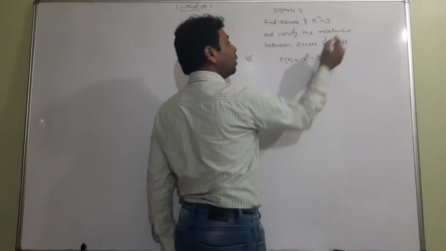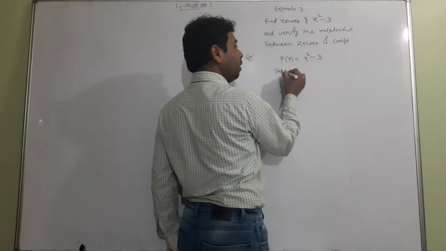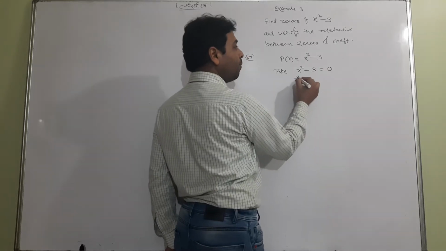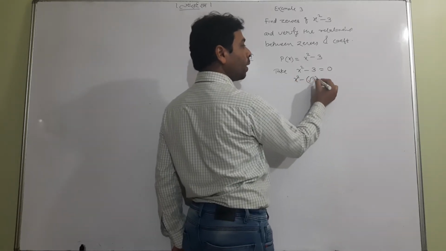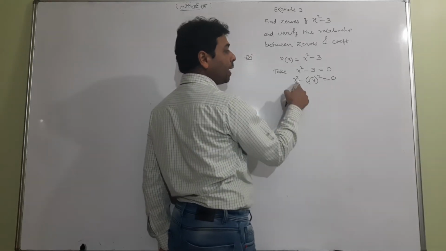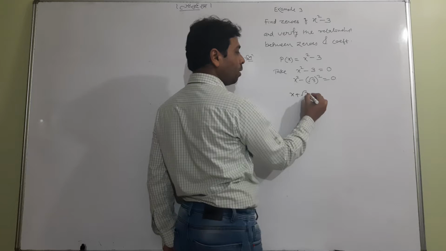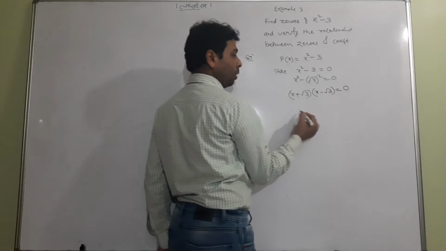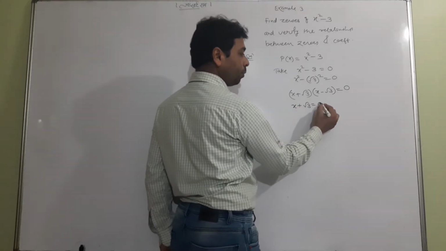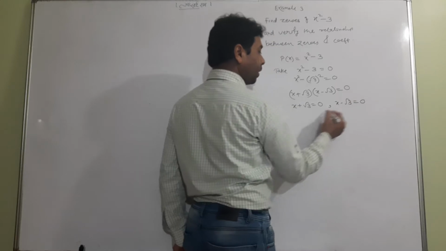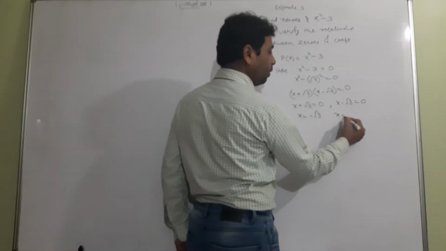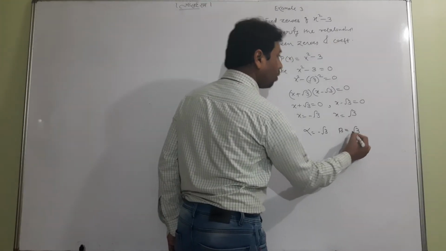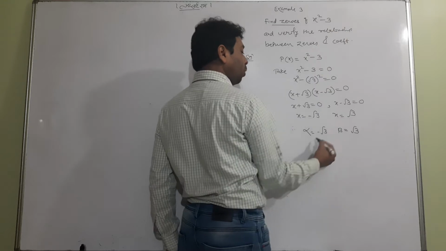Now this is a question. So how to solve this question? I tell you. First take as usual, whatever polynomial you are having equal to 0. Then write 3 as under root 3 square. Now it looks like a square minus b square. Use the simple identity, a plus b and a minus b. Now choose the 2 options and get the answers. Whatever 2 answers you got, the first is called alpha and the second is called beta. Now this is finding the zeros of the polynomial, you got it.